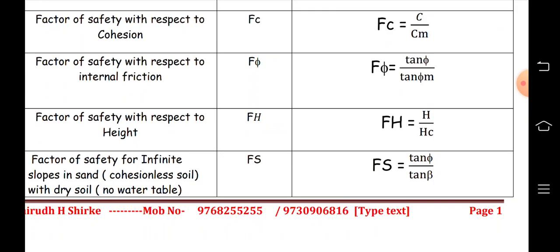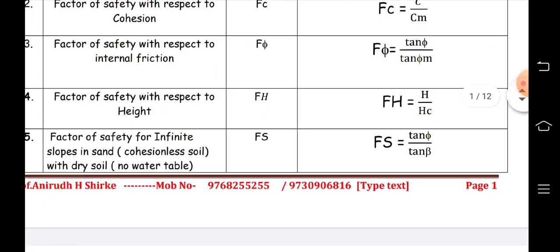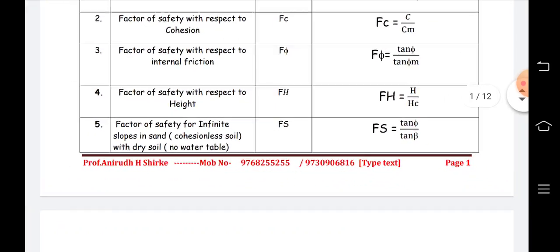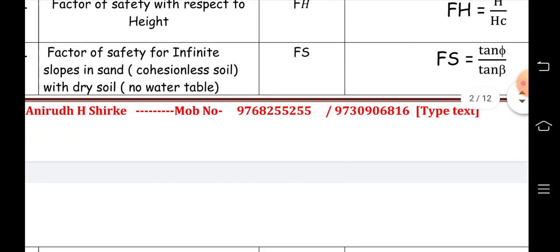Okay, so you can use Fs later also. Okay, there is no problem. So here I am using Fh for height, F phi for internal friction, and Fc for cohesion. So for the factor of safety for the height, Fh equal to H upon Hc, that is the original height upon the critical height. Then we had discussed the analysis for the infinite slope